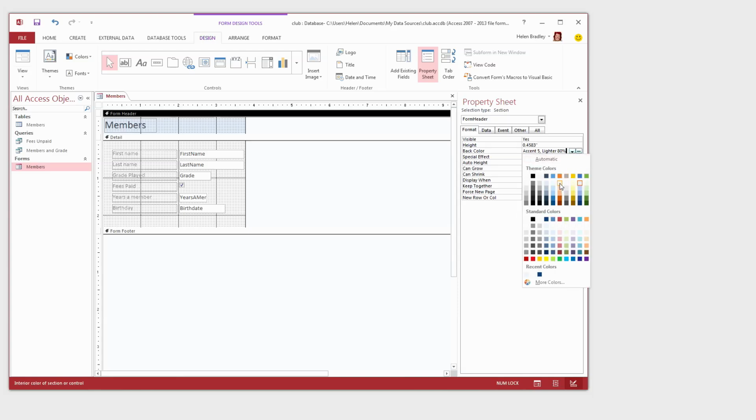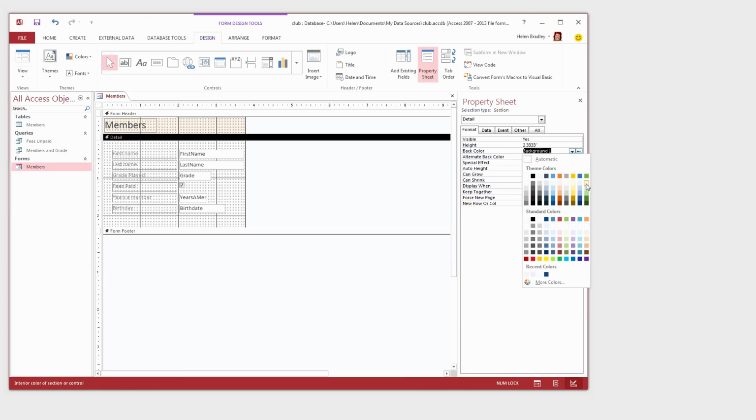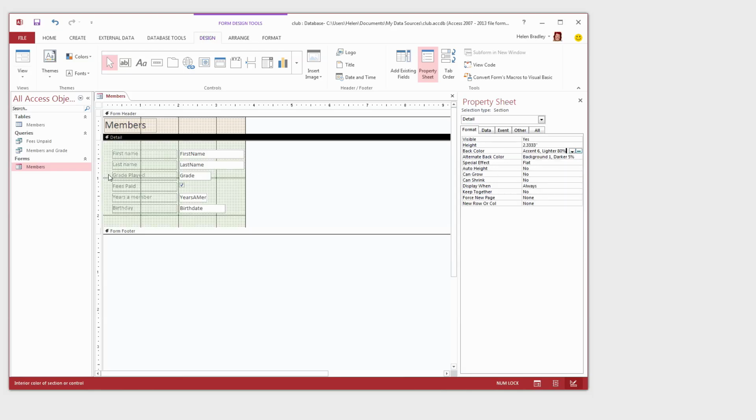Let's make it a sort of orange color so that we can see the difference. Let's come down to the detail panel, and again we can give it a different back color. So let's give it a green color, and you can see that we can change these colors. Now one of the things you might want to do is to add an image behind this area, and I'm